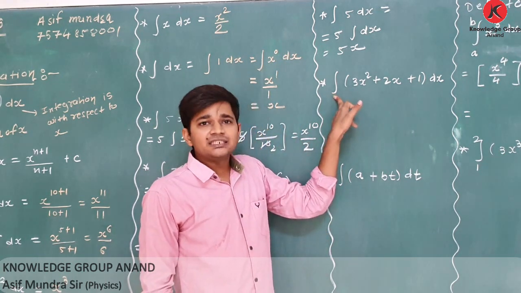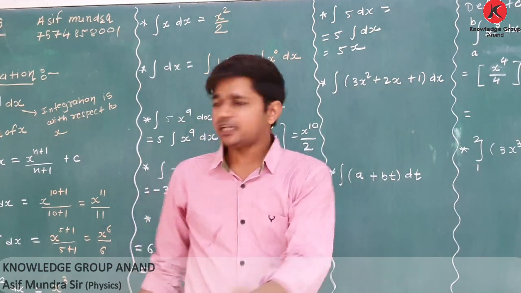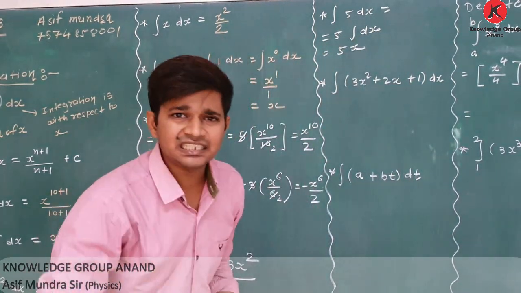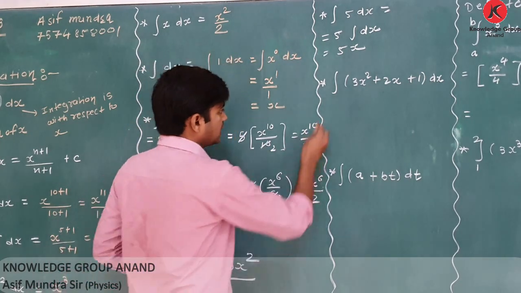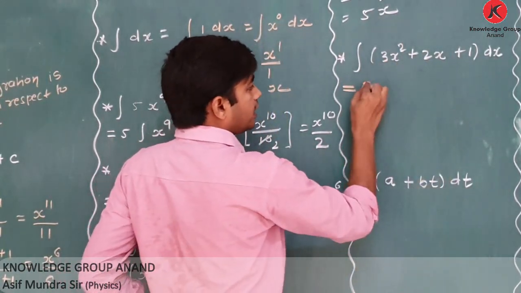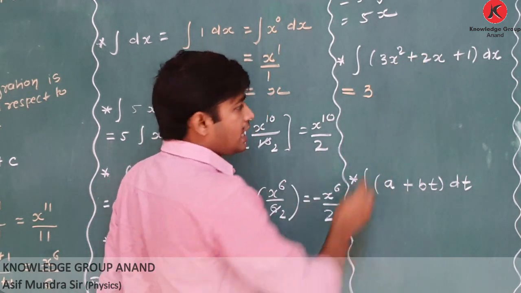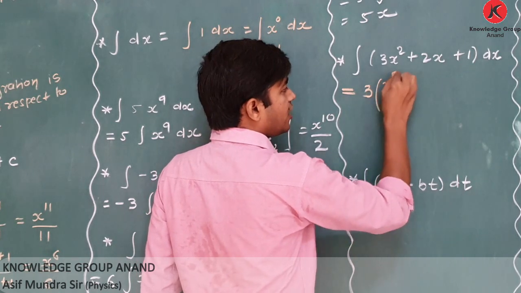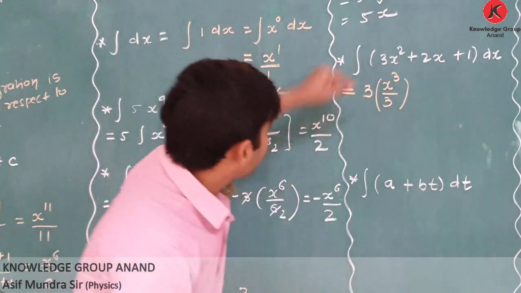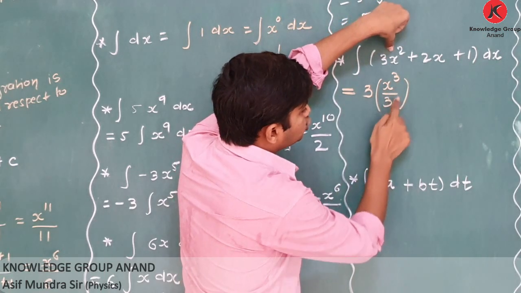First of all you can apply this integration to each and every term, and you have to integrate like this. Okay, we will write some direct steps. See, it is easy. It is equal to integration 3x square dx. 3 as it is. What is integration of x square? Add one to the power, and that power you have to write in the denominator. Clear? So 3 as it is, integration of x square is x cubed by 3.